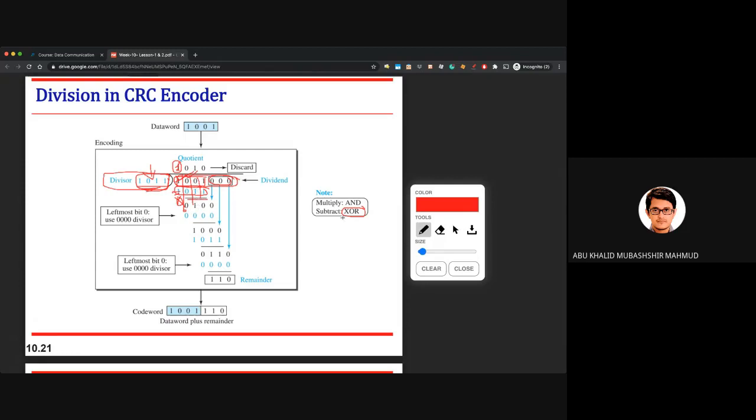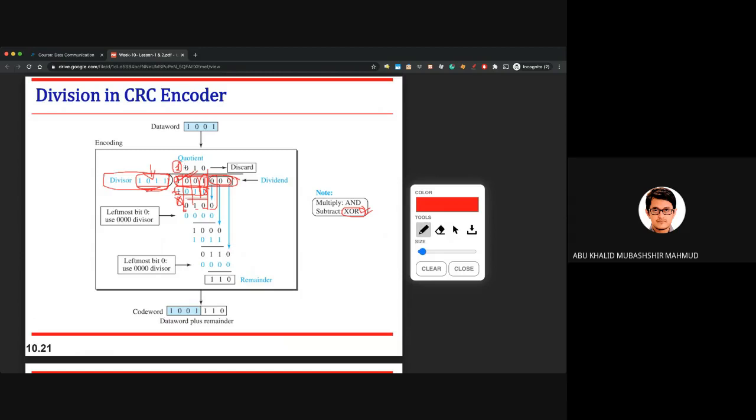When we XOR 0 and 1, we get 1, and when we XOR two 1s, we get 0. This is what happens. And then we take another bit from the remaining portion,